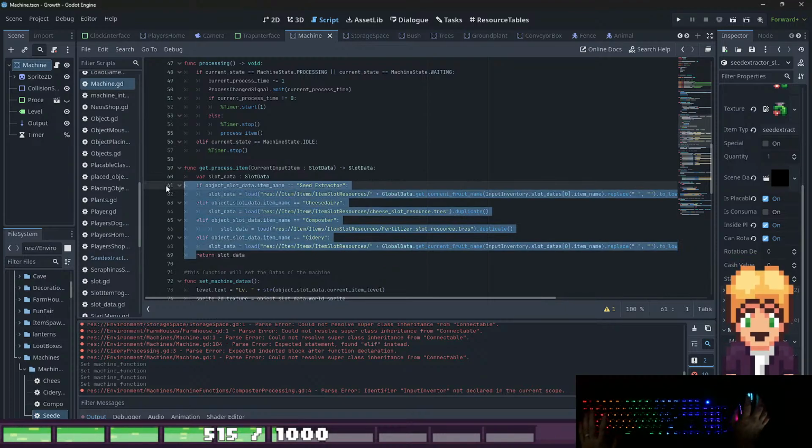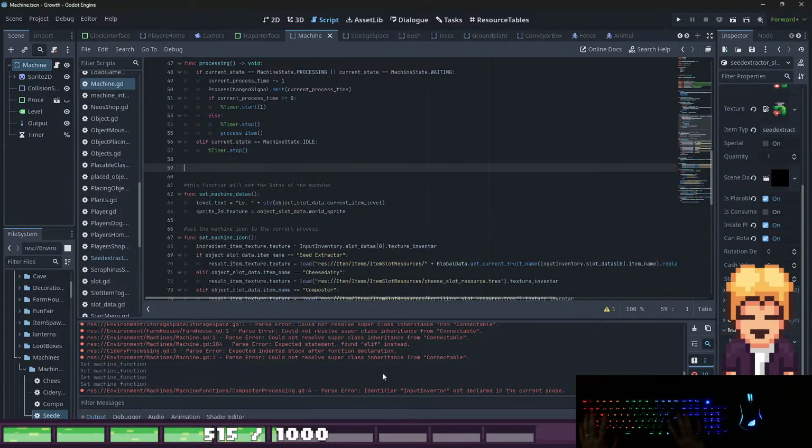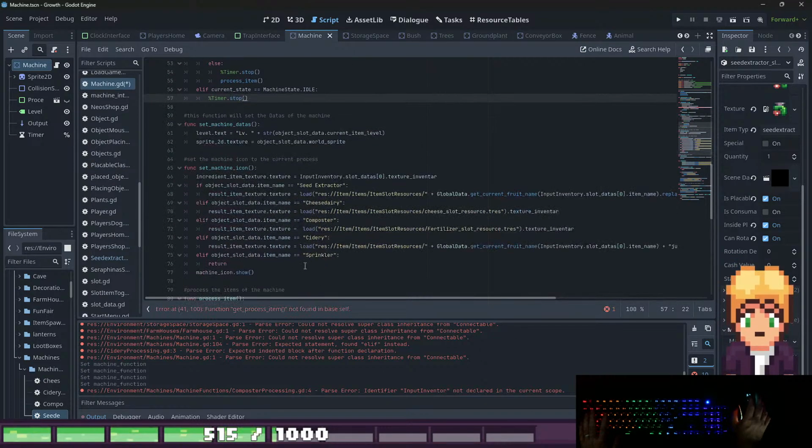The only thing we need to do is, wait, we can delete this whole function wherever we need it. Here, for example, the only thing we need to do is set machine icon is